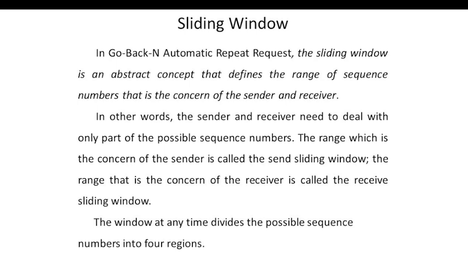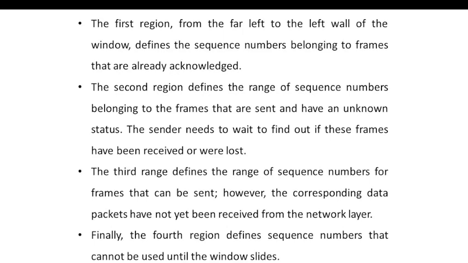The window at any time divides the possible sequence numbers into four regions. The first region, from the far left to the left wall of the window, defines the sequence numbers belonging to frames that are already acknowledged. The second region defines the range of sequence numbers belonging to the frames that are sent and have an unknown status. The sender needs to wait to find out if these frames have been received or were